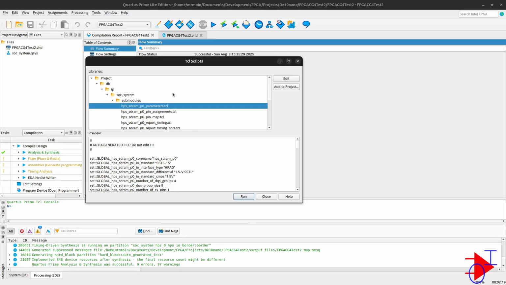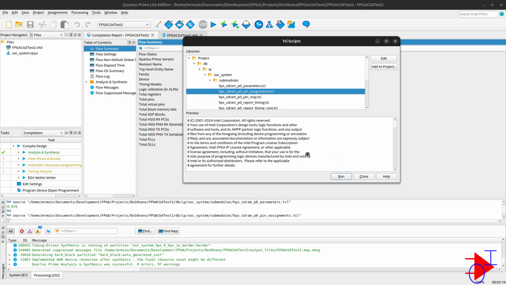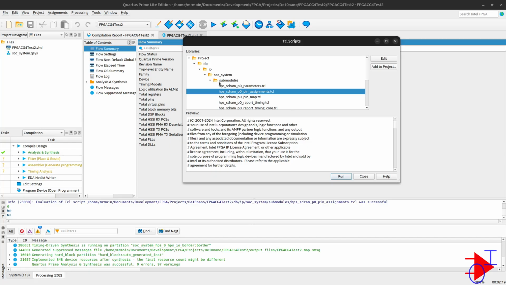Okay. In any case, we want to make sure that these connections are made. So let's run these scripts. The parameter runs flawlessly every time, no issue there. And as soon as I run it, you'll see this 0.06076. That's the time it took to complete. So no issues here. Basically, the output of the TCL scripts will be displayed here. Let's see if we get an error in this one. Sometimes it does. So let's see. It shows up now. Yes or no? Feels like it will. It was successful. Okay, so the submodules are okay,